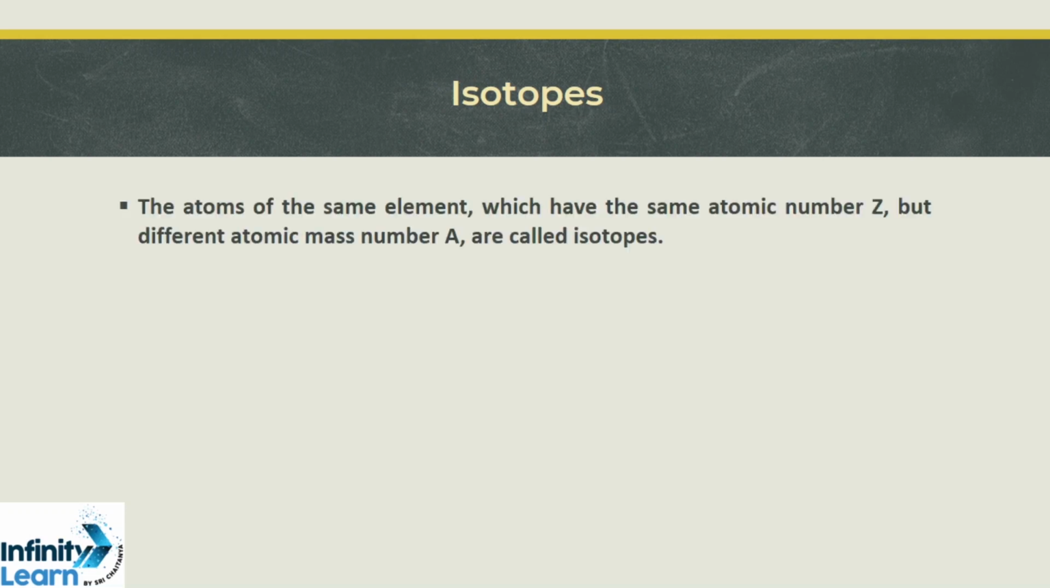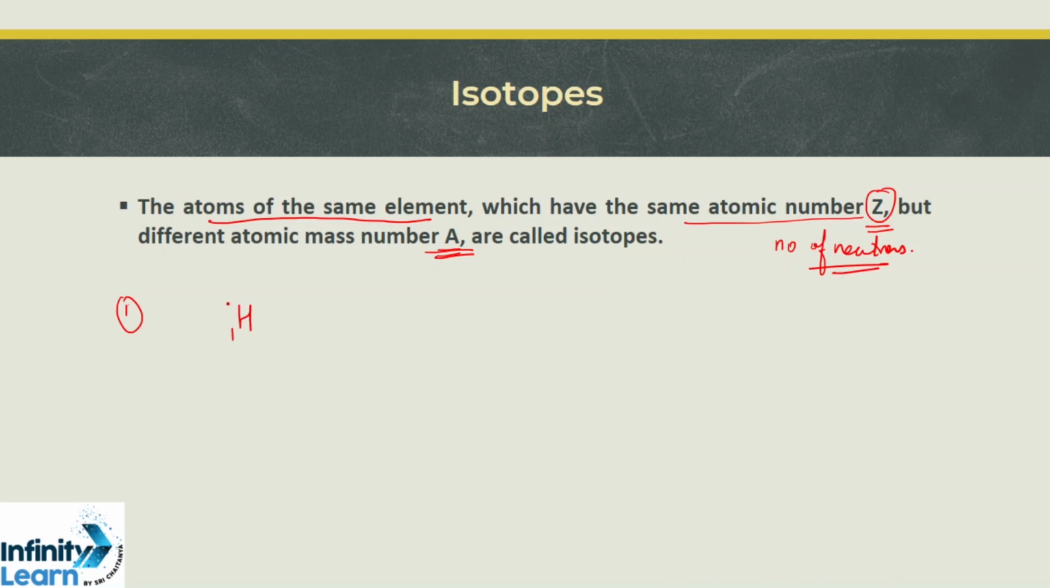Now what are isotopes? Isotopes are atoms of the same element which have the same atomic number Z, meaning the number of protons or the number of electrons will be the same, but they have different atomic mass numbers. Now when I say the number of protons is the same but the mass number is different, it means the number of neutrons is going to change